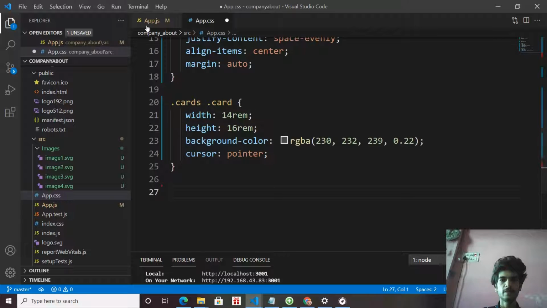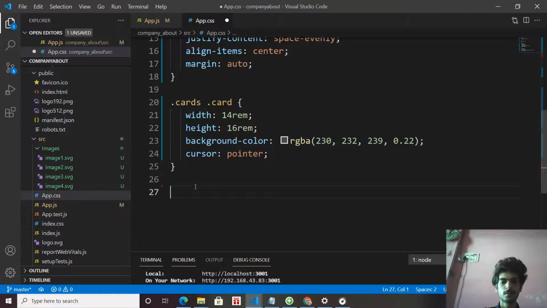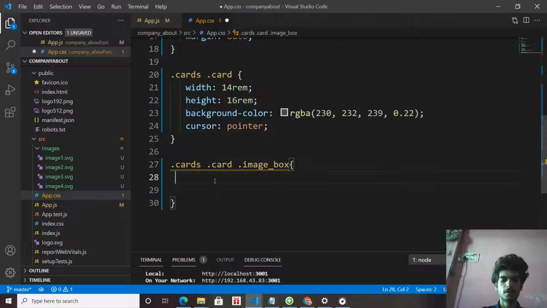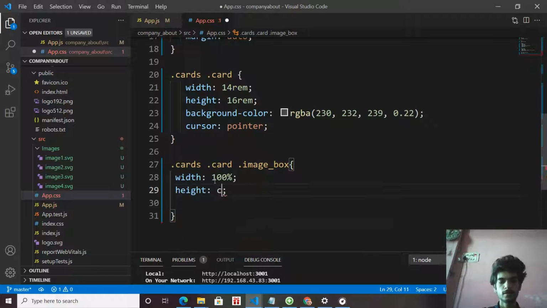Now select the image box that we have in the card. In all cards, this image box has a width of 100%, taking the full width and full height of the card.